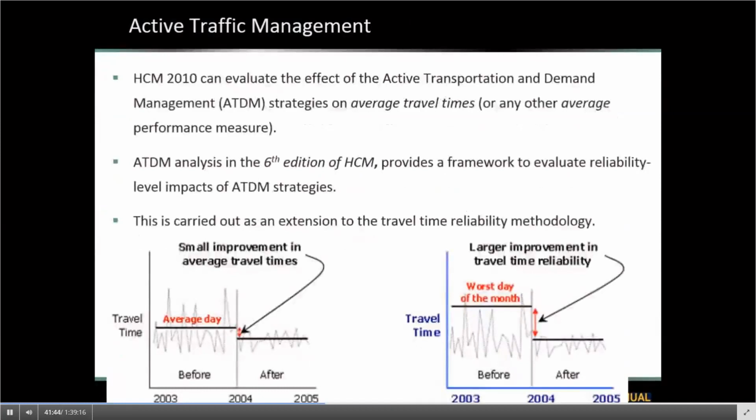Well, another big change in the HCM, as Bastian mentioned, and one that would be the driving force for the production of the HCM 6, is the reliability and ATDM. The way that HCM 2010 was dealing with facilities analysis and evaluating performance measures was that it was focusing on a single day or single period analysis. And as such, it gives us average performance measures, like average travel time across those hours of analysis.